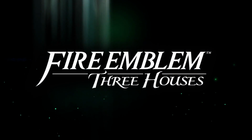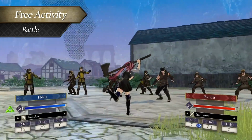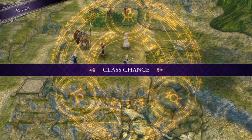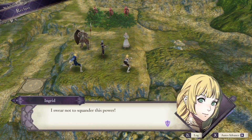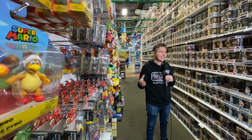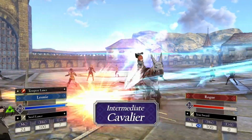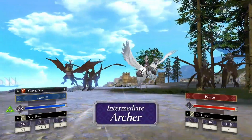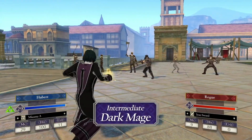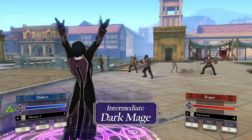One of the most sprawling experiences of 2019 is the incredible Fire Emblem: Three Houses, which is another exclusive game for Nintendo Switch. This, of course, picks up from the vaunted Intelligent Systems franchise of Fire Emblem, which we've seen on a bunch of different platforms over the years. It's perhaps best suited for the Switch with its ability to go into handheld mode or to plug it into your television set. Again, this has kind of an anime but more fantasy-themed aesthetic with a bunch of different families. It's almost like Fire Emblem meets Hogwarts, with lots of different characters that have all kinds of magical abilities and